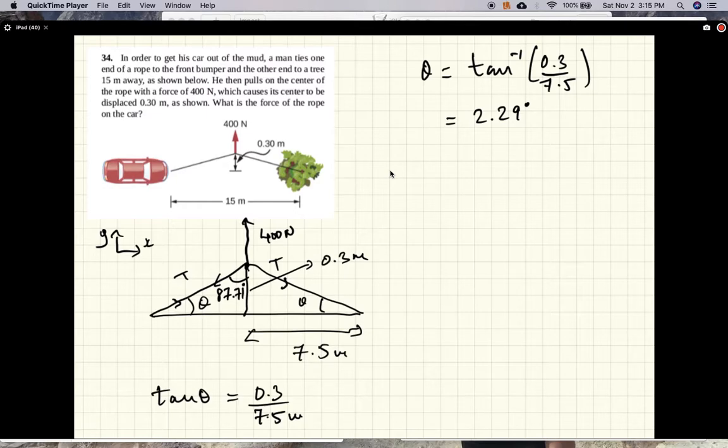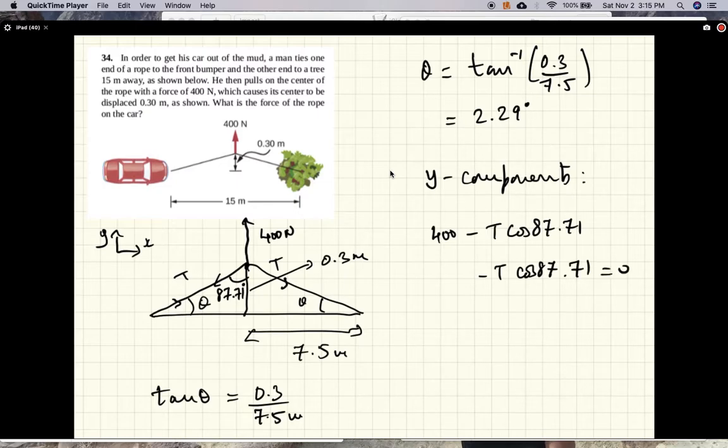Okay, so let's look at the y component of the forces. Y component: 400 newtons minus T cosine 87.71 minus T cosine 87.71 should equal 0. So T is equal to 400 newtons divided by 2 cosine 87.71. Okay, and this works out to